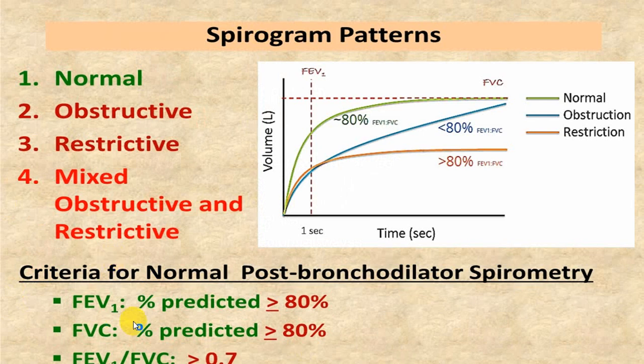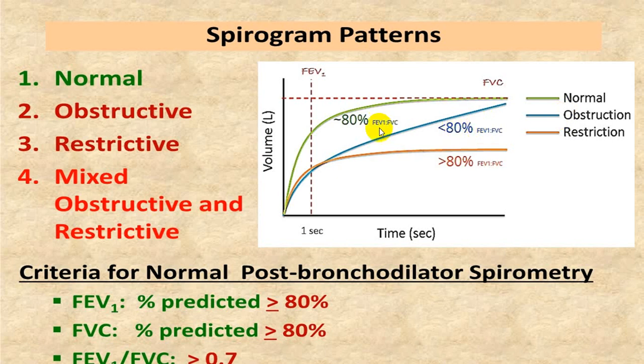So this is a classical chart, we'll show you. You can see at the first second, almost 80%. So 80% is normal. Here you can see that in both varieties, that is obstructive and restrictive, FEV1 is reduced. So you cannot differentiate. Now when you want to differentiate, you will go for the ratio. If the ratio is more than 80, it goes in favor of restrictive. If the ratio is less than 80, it goes more in favor of obstructive.